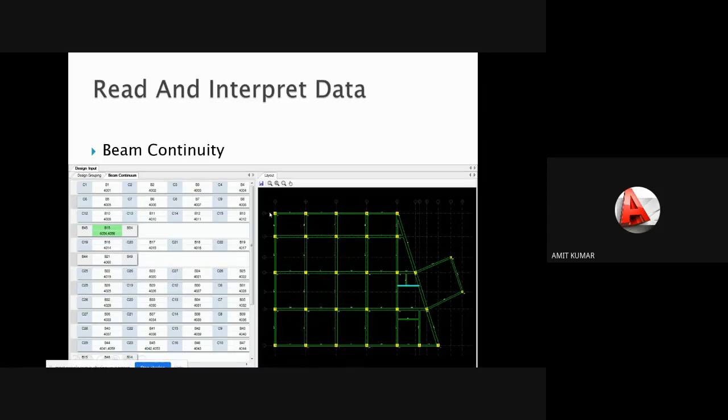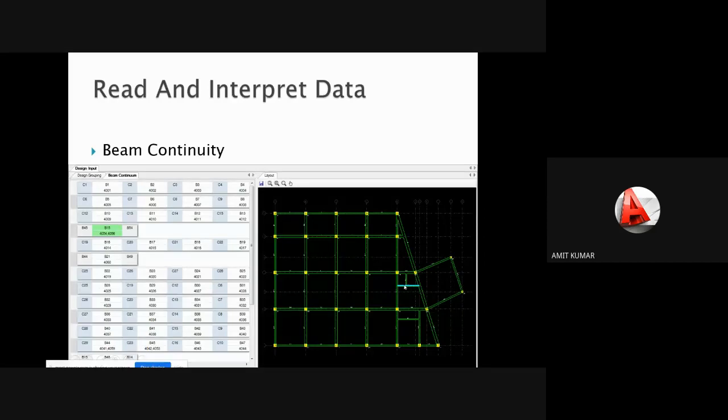So from the layout you will get all the values, and also it will check the beam continuity. As you are seeing here, the beam B15 is created, it is a combination of two beams, 4054 and 4056. That means in the design input it will be highlighted with this color, and also it will be shown in the layout.